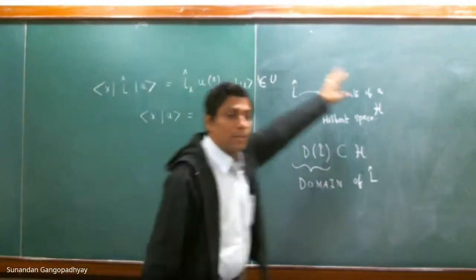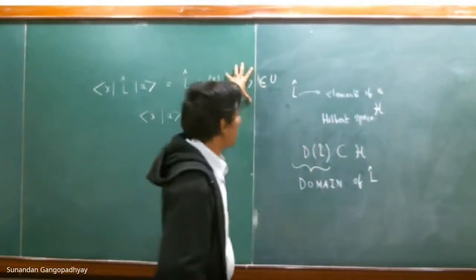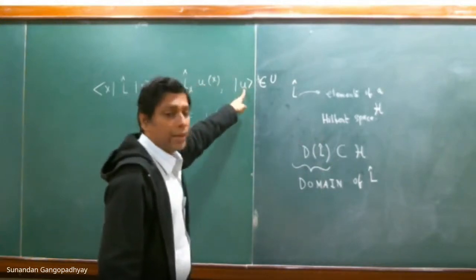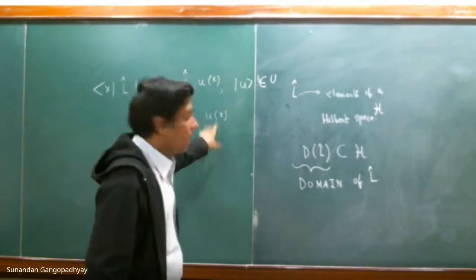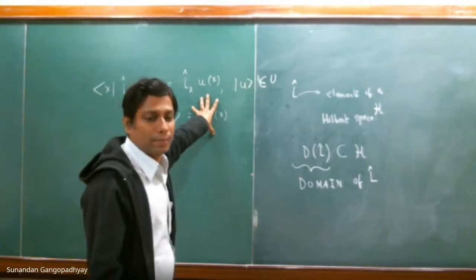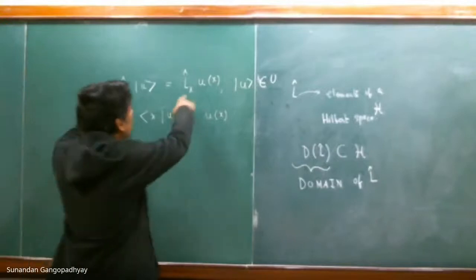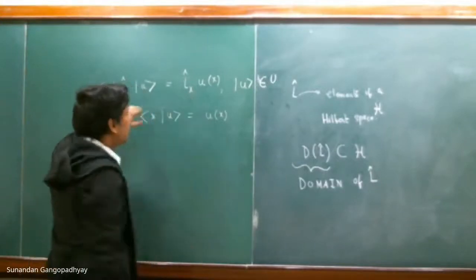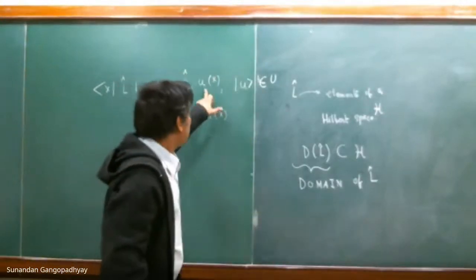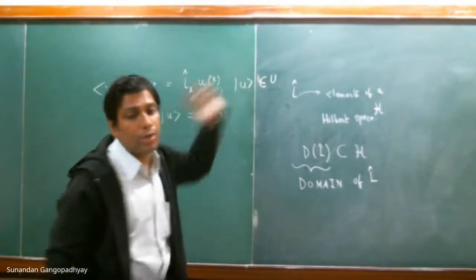So you have a Hilbert space which consists of vectors, arbitrary abstract vectors, denoted by kets, and you have functions corresponding to each vector in the Hilbert space. This also forms a Hilbert space, and this is a function space basically. Okay. So L hat is represented by L hat x, provided L hat x acts on functions u of x, and this u of x represents these ket vectors belonging to the Hilbert space U.